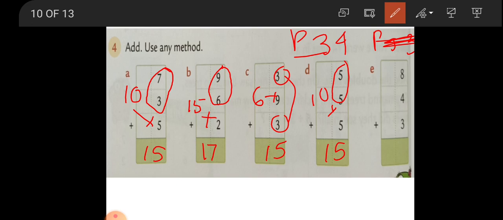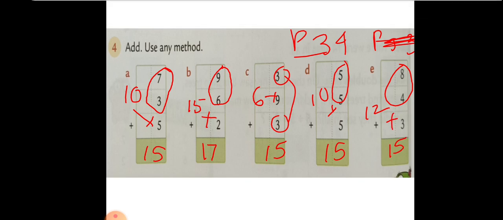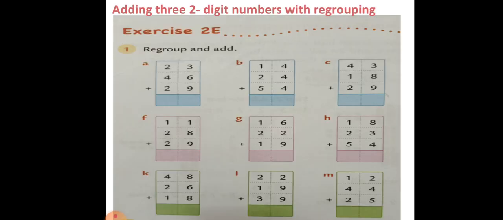Okay. Then 8, no, here nothing, no 10 and no double. So first we are going to add 8 plus 4. 8 in mind, 4 fingers up. After 8, 9, 10, 11, 12. So 12 will come. Then after this 12 plus 3, 12, 13, 14, 15. So here you will get 15. This is what we have done. Okay. I hope you must have understood. Just 1 in mind and then finger.